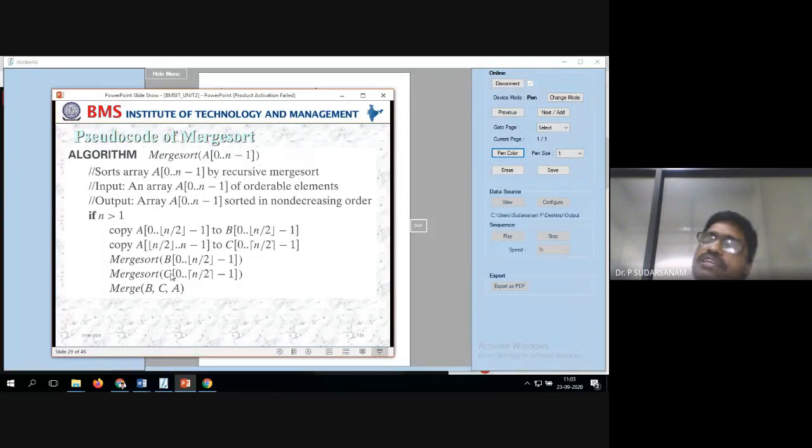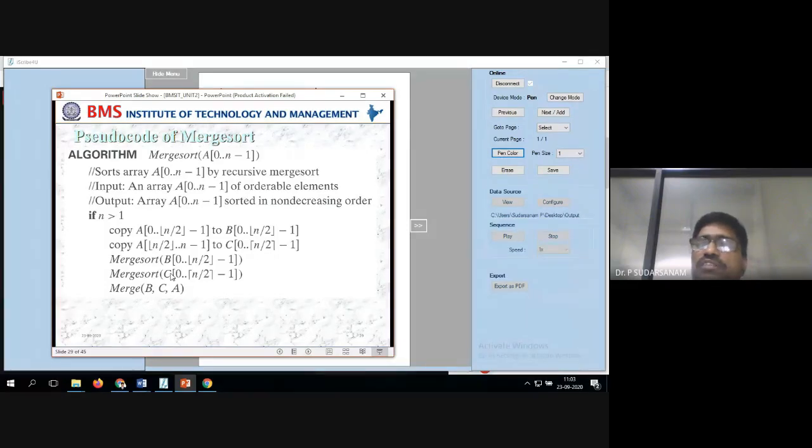Then you call 0 to mid recursively. Once that is finished, next is mid plus 1 to the last location, high. That is what you found. And how to sort the elements, and how to merge those values, I also told you.